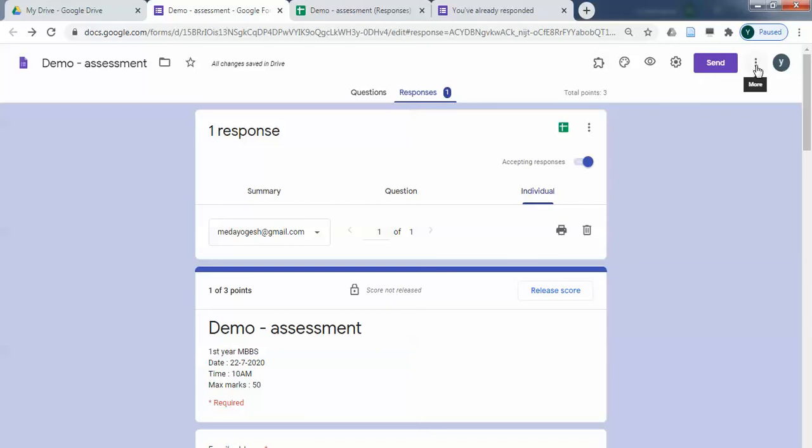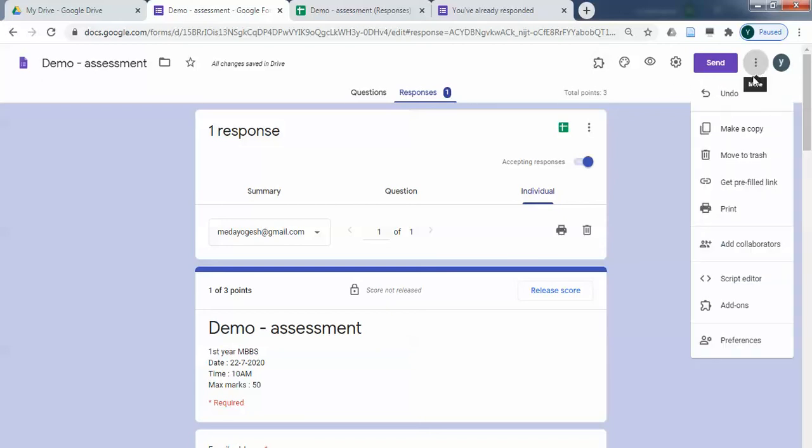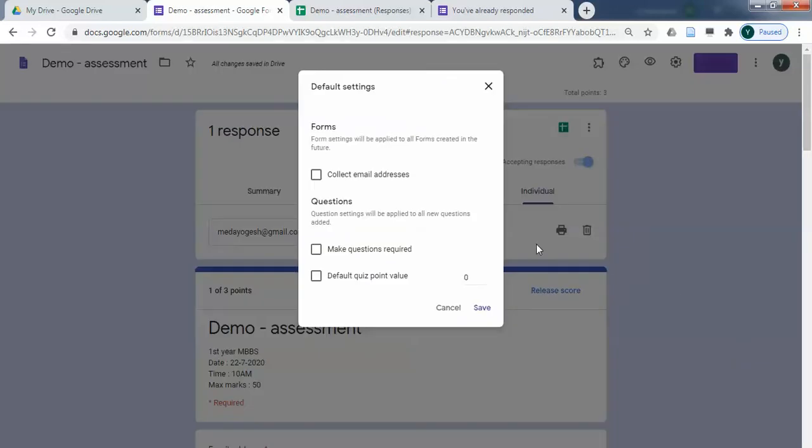In the last class, one more thing that we didn't get was, when you go to the preferences, let's say you are making 60 questions. When you click on the default quiz point, and make it 1 point, for every question it automatically comes. Last time it didn't come because we didn't refresh it. Once you save this and go outside, and when you open your new form also, the marks for every question is already decided, that every question will be 1 mark. Okay, if you want you can keep it, or you can leave it. You can just try that and see.